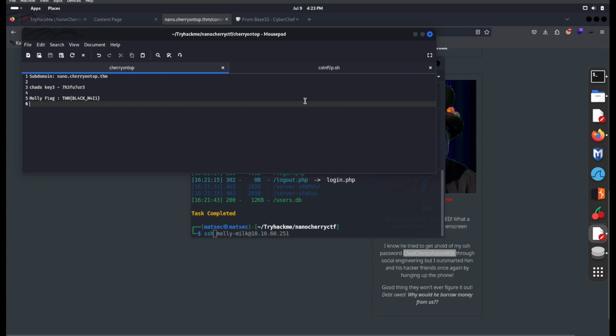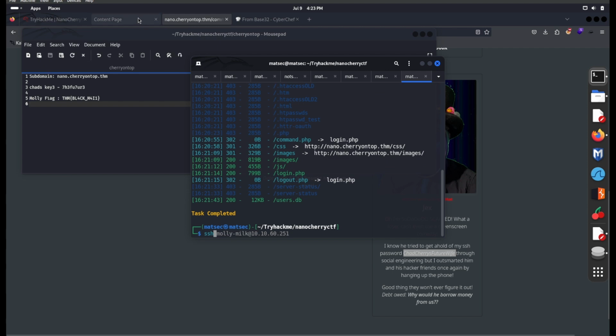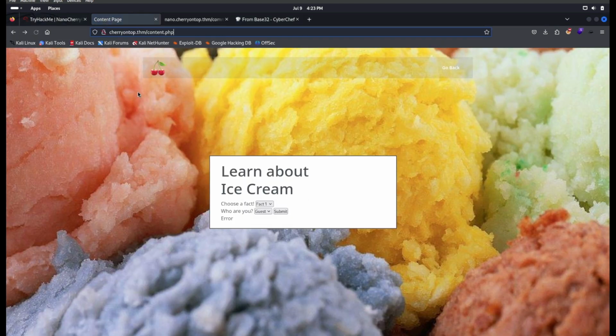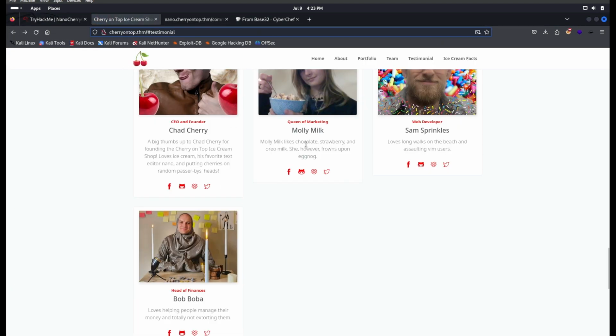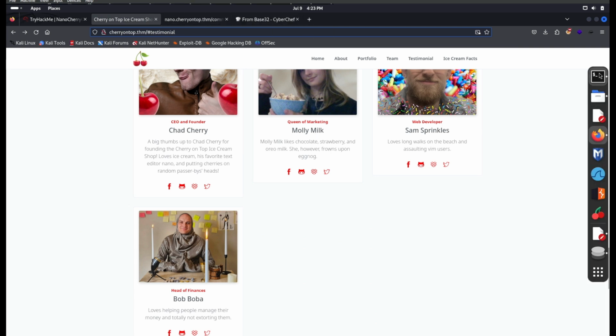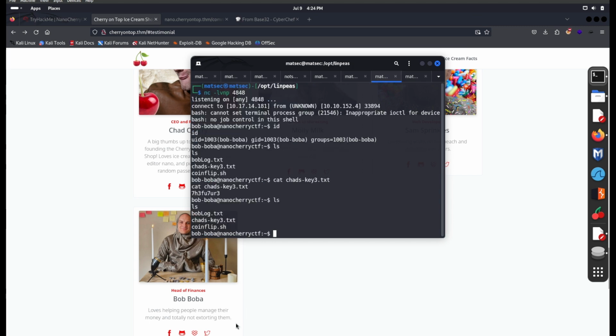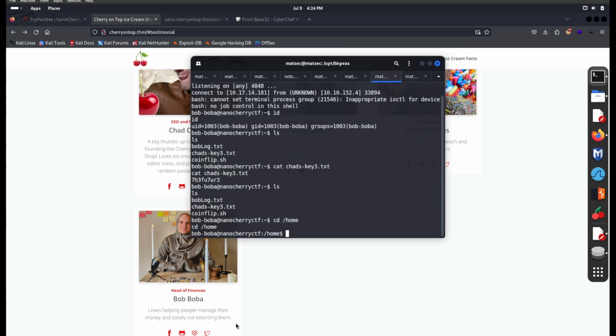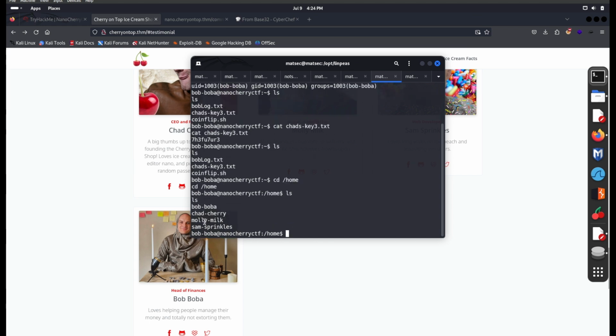Molly's username is... we forgot, I think we have deleted that. So where do we have to go? Molly's full name. I think here we found something. Okay, Molly-milk. In between there is a hyphen, which we saw here. You check here. Yes, Molly-milk. This is the username. Now I'll try to log in here as Molly-milk,